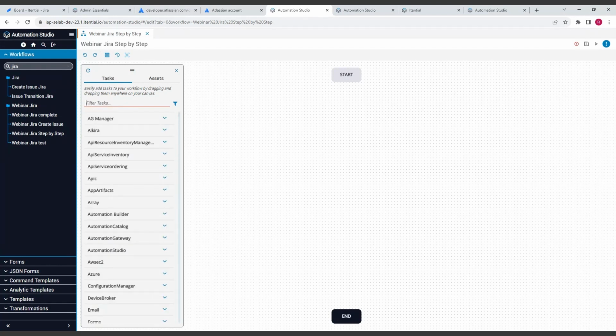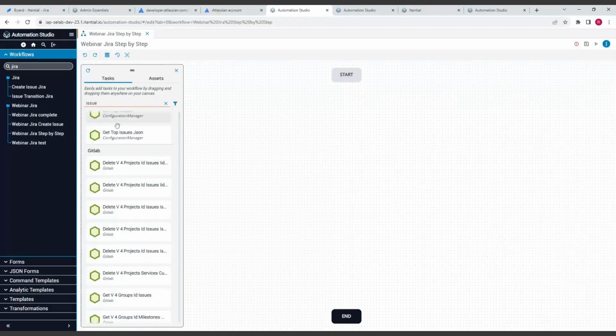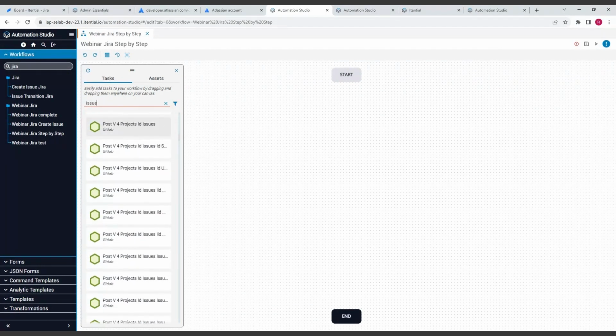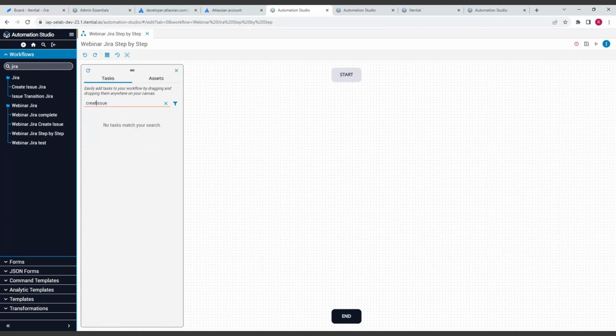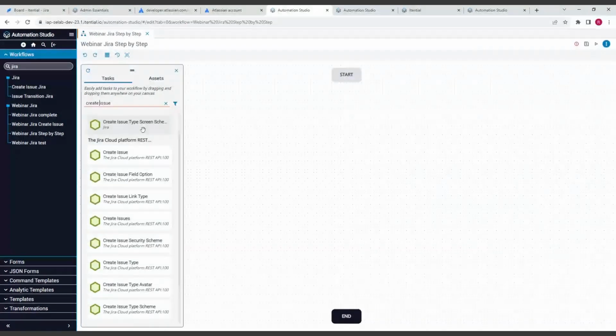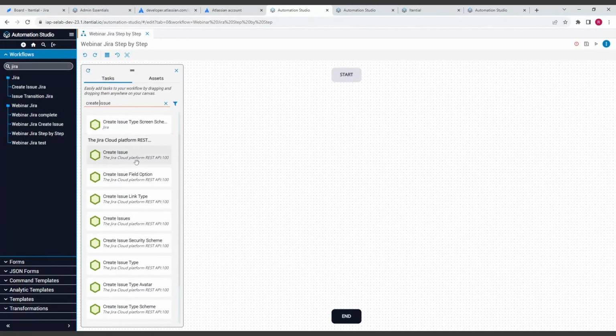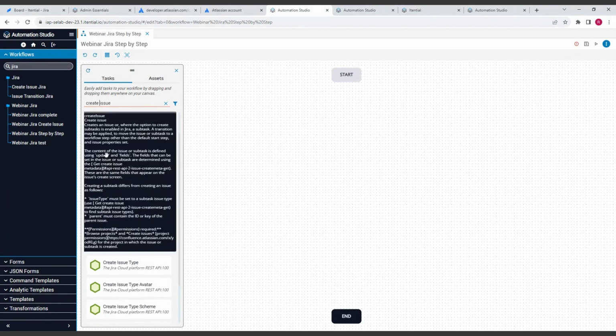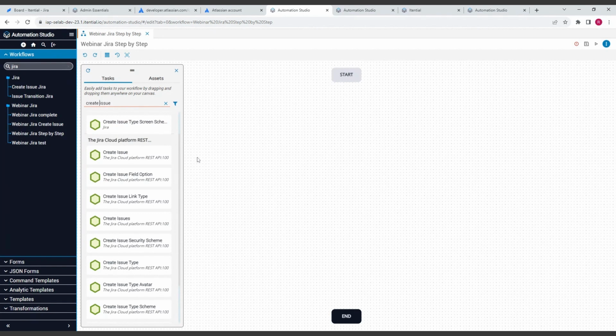We want to start with issue. It should be create issue here. To do a search, create issue. There we go. And I don't want to confuse it with the existing Jira adapter. This one's called the Jira Cloud Platform REST API. So you'll see here we have create issue. This is what we investigated initially when I onboarded and did the integration from the Open API file. So if I drag it and just drop it into here,